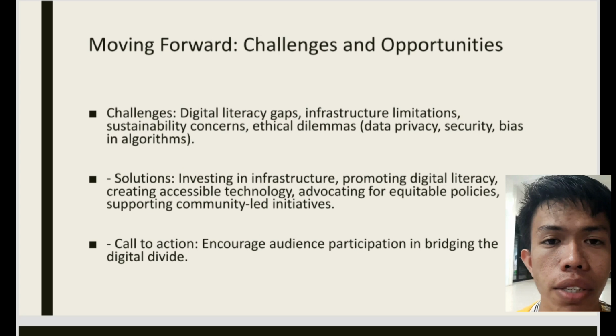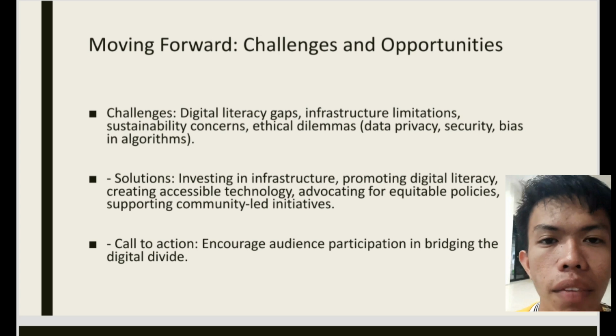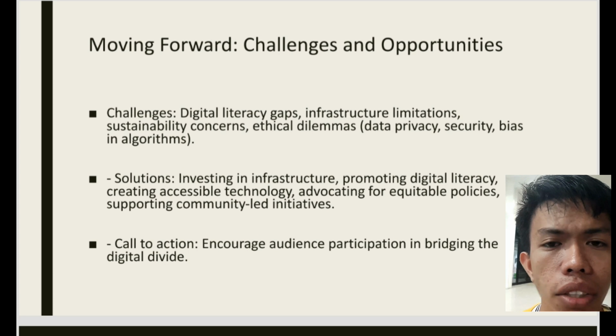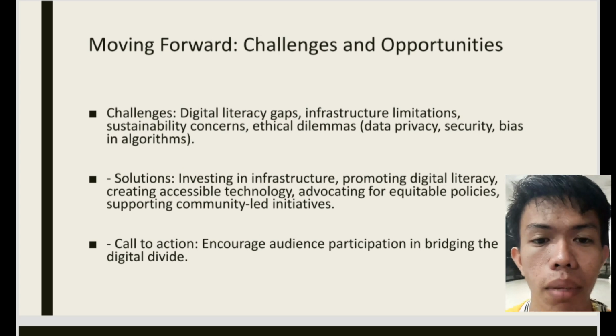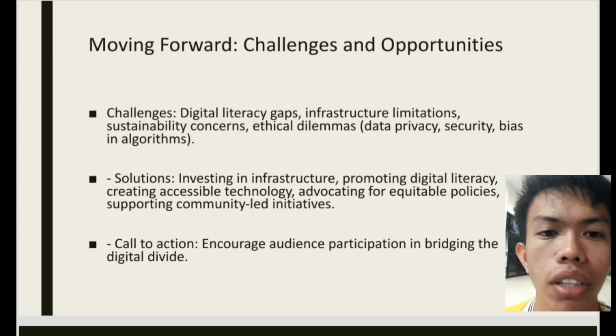Ethical considerations surrounding digital inequality are paramount. The development and deployment of technology should be guided by principles of fairness, transparency, and accountability. This necessitates a shift in mindset, moving away from a purely technological focus towards a more holistic approach that considers the social and ethical implications of technology.